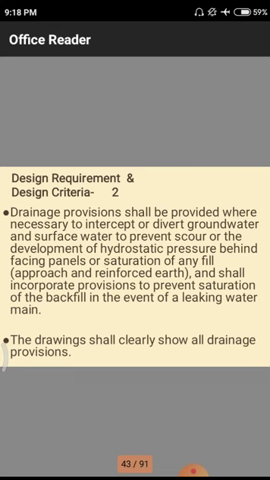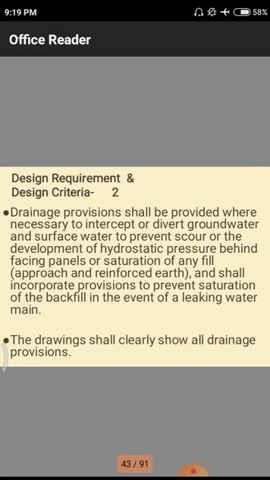Why? Because if the total water is simply allowed into the structure, then the self weight of the structure will be very high. We need to counteract that self weight by constructing small scale drain holes and sink holes in the structure, so that the total water will pass through those drain holes and sink holes. Definitely the structure will be a water tight structure. The drawing shall clearly show the drainage provisions.